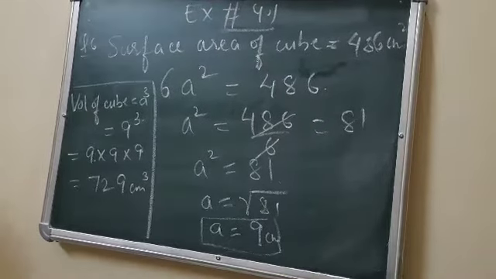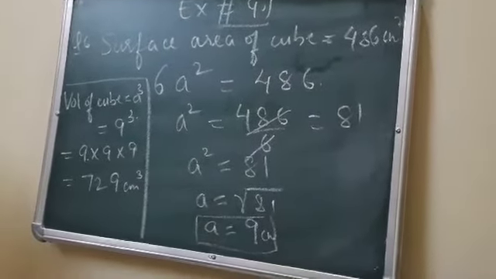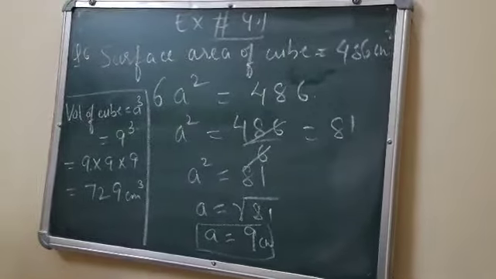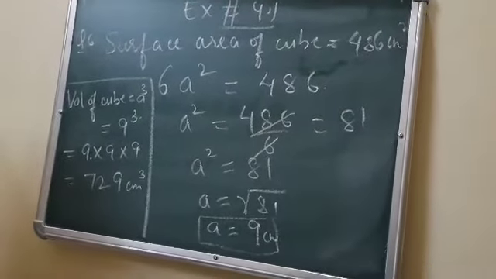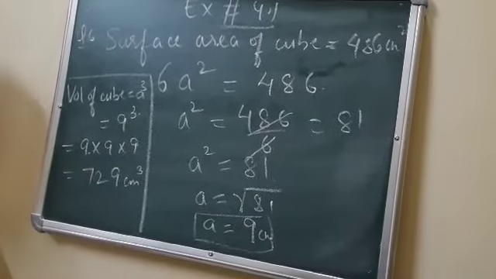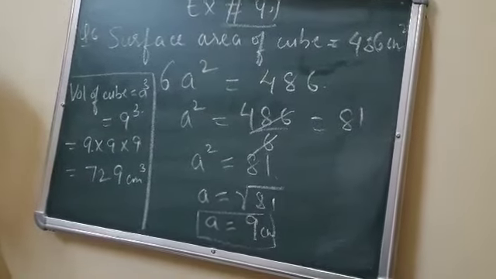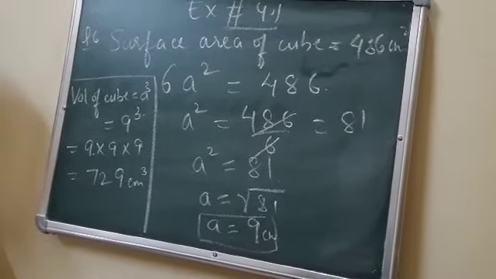Now let's discuss question number 7, 8 and 9. These are very simple. I'll be just telling one part, and the rest of the parts you will do yourself. Very easy question. The 7th question is, which of the following are cubes of even natural numbers or odd natural numbers?